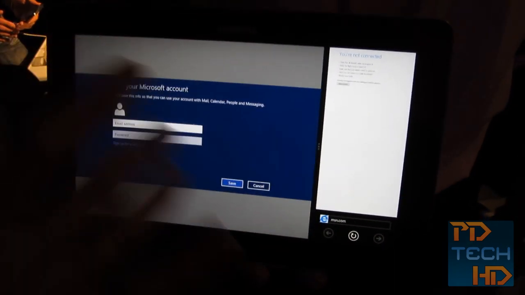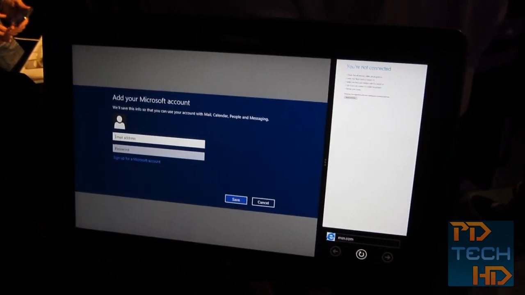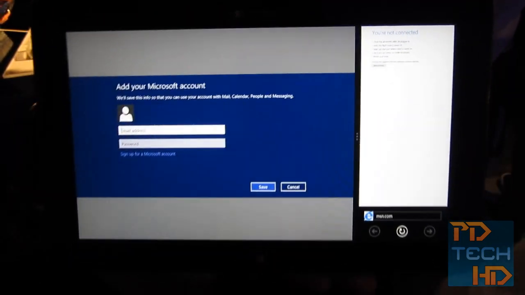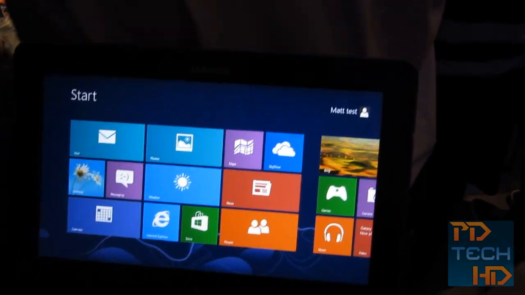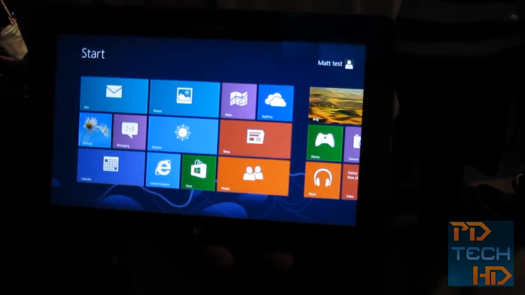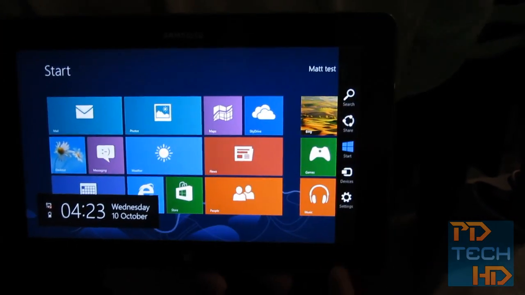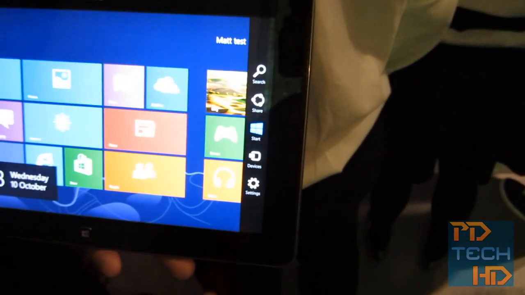So I can reduce the web, or if I need to check on something larger in my inbox, so maybe look at a picture or something. And then to go back, what we do is press the start button. These apps will be running in the background, but in a suspended state. So very, very useful. From the right, we've got our charm bar, which brings up all of our sharing options,